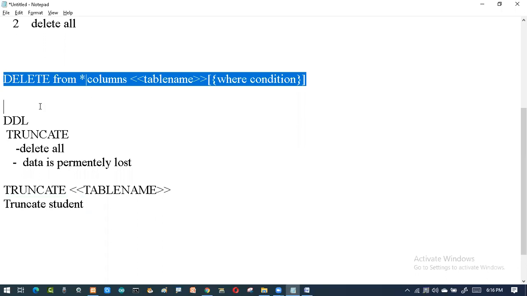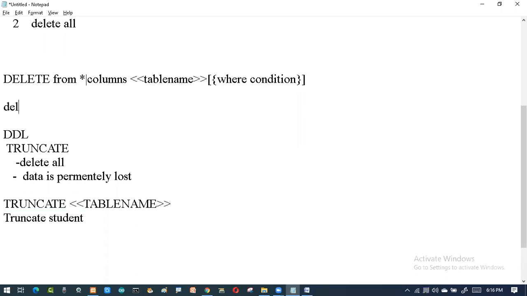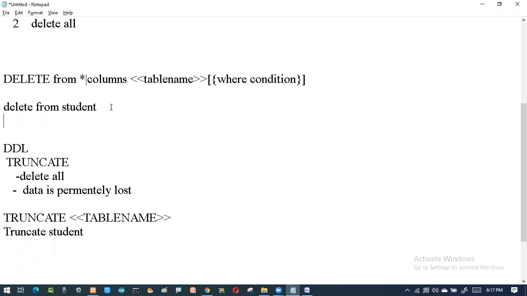And if you want to delete all the records, the syntax is delete from table name, that is your student. So it will delete all the records; all records will be erased.